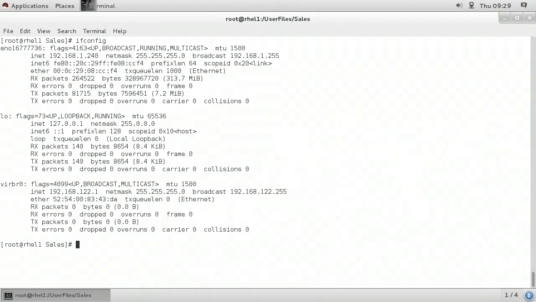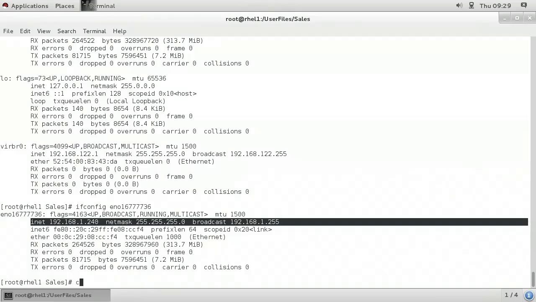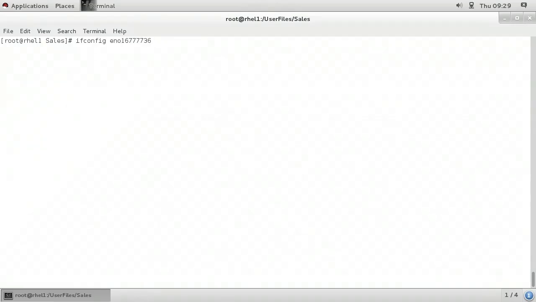What I'd like to do is only display a specific interface, so I would type ifconfig and then I would put in the name of the specific interface. But I want to take it further. I only want to display the line that has the IPv4 network information. So what I can do, using the up arrow key to bring up the previous command, is pipe the result